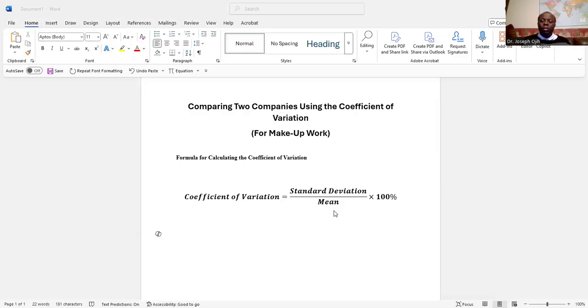The first thing to do is to understand how to calculate the coefficient of variation. We're not going to go into details calculating it using formulas, because what I'm going to show you is how to do the calculation using Excel. As a matter of fact, it's still the same formula, but this time around, Excel makes it